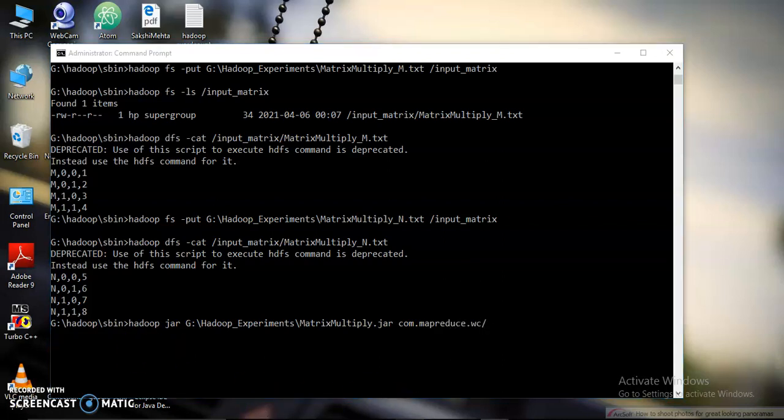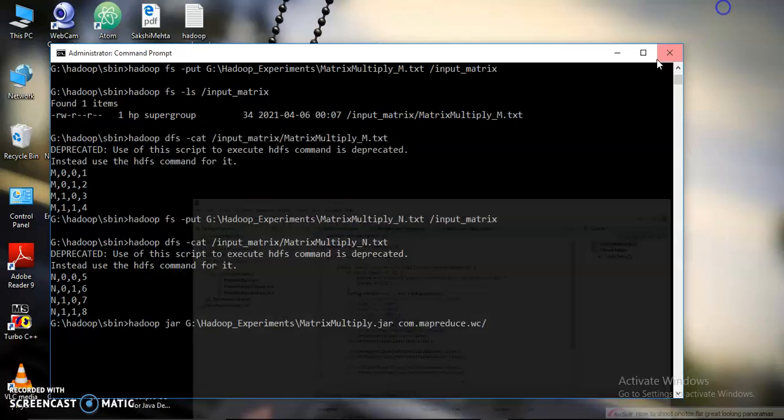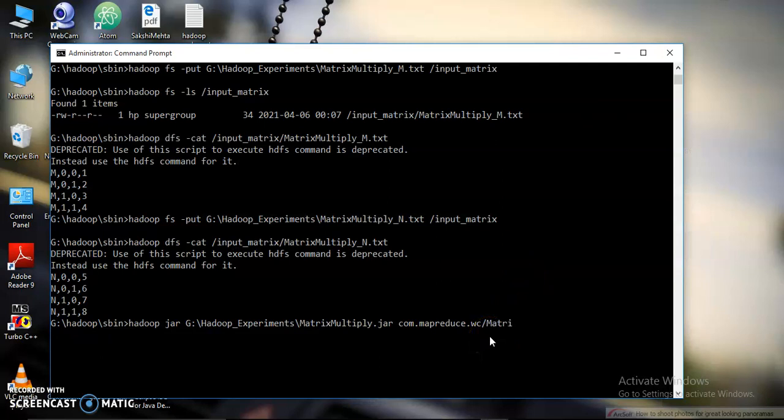Here we have the main class name as matrix multiply. Then you need to provide the input files and the output directory.